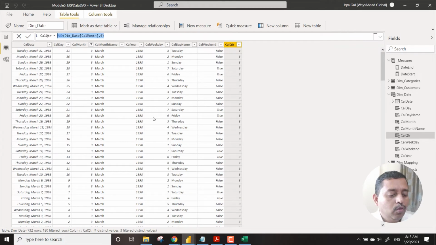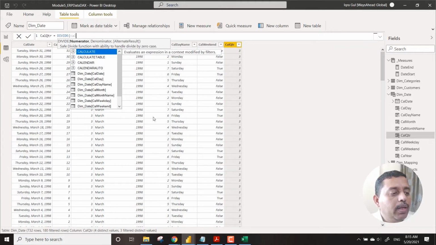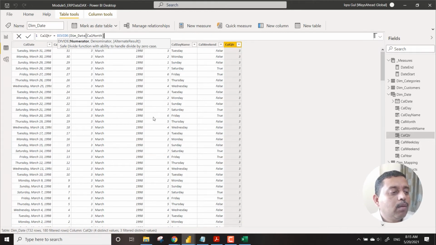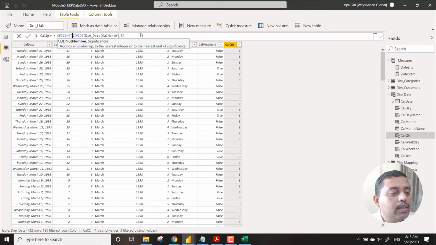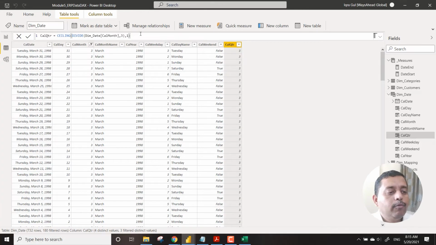So now what we need to do is we definitely need to say divide, and the numerator would be the cal month over here, and the denominator is definitely number 3. Now we need to find out the function which is related to ceiling. So we see that the ceiling is also there. So we can see what is the linkage between Excel over here, and we say 1, we press enter,